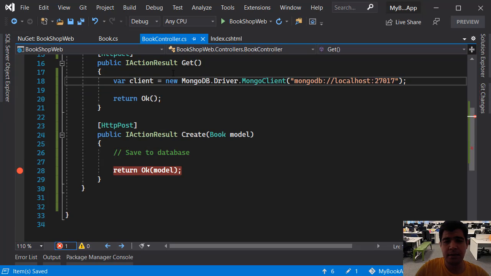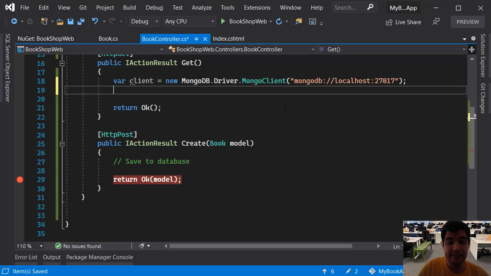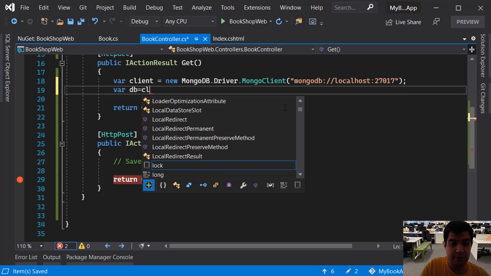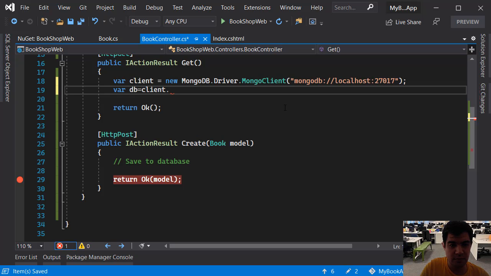Yes, mongodb://localhost, and the port is 27017, and then we want to connect to our database using db like this. Client is what we are going for, and GetDatabase,